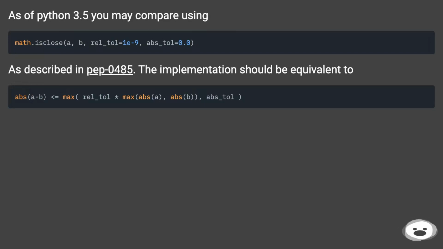As of Python 3.5 you may compare using math.isclose, as described in PEP 0485. The implementation should be equivalent to